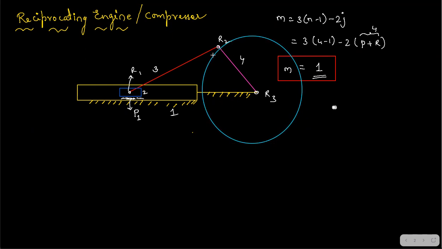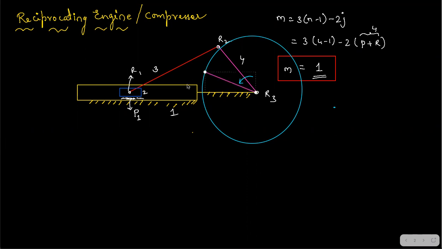If you see now, let's check the next position, how it is going to look. If the crank is rotating anti-clockwise, listen carefully, let's check what is going to happen. So the new position of the crank: you can see this is one position of the crank. For example, the crank has come here.